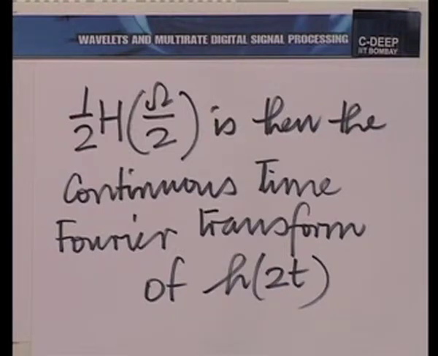What do you mean by h of 2t? H of 2t means you have squeezed h t by a factor of 2 on the time axis, on the independent variable. So, you have brought the impulses closer. Now, when you multiply two Fourier transforms, the corresponding continuous functions are convolved. So,